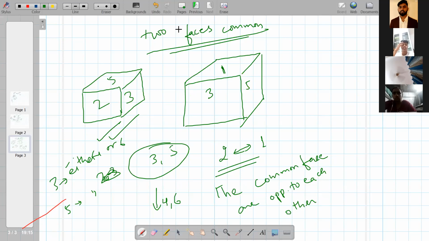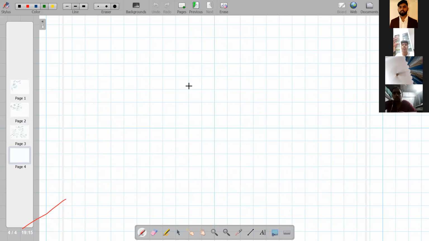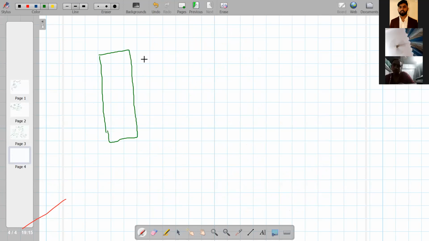All right. Let's move on to the next part where we have unfolding of dice. Unfolding of dice is a quite unique part where you need to understand 2 things.